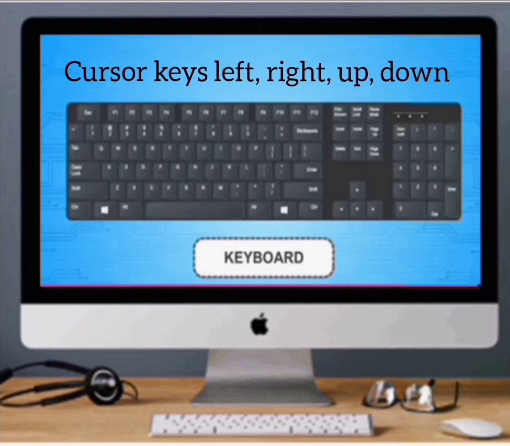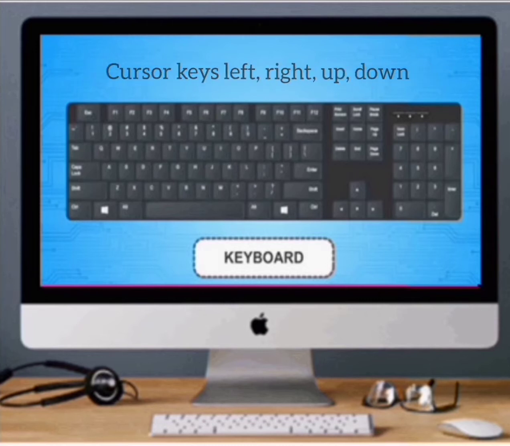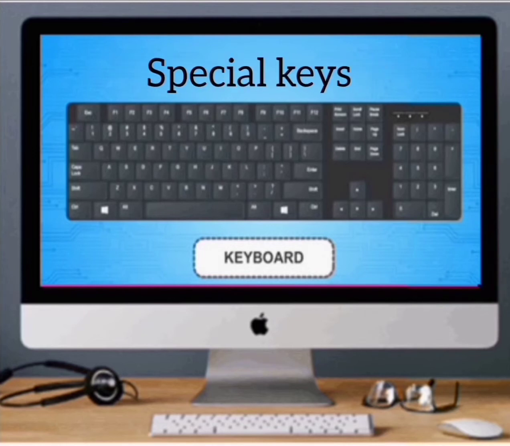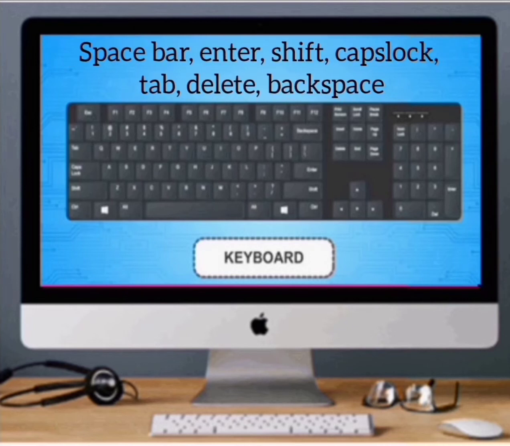Cursor control keys are four buttons: up arrow, down arrow, left arrow, right arrow. The longest key is the space bar, which is used to give blank space. Special keys: space bar, enter key, shift key, caps lock, delete, backspace. All these are called special keys.